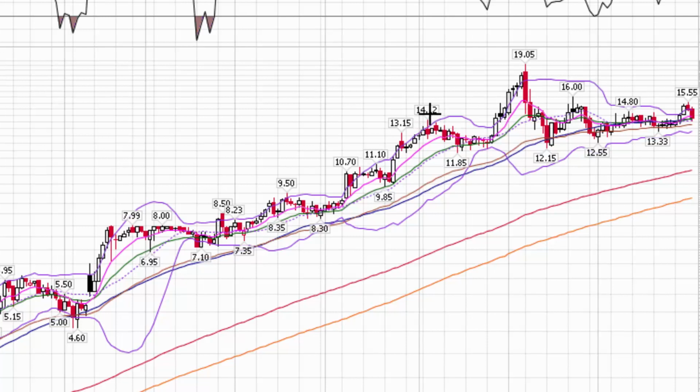The entry point is either breaking of this downtrend here in the flag portion of the pattern. So if you connect the highs from here at 1412 down along the highs through here, and then you see it close above that downtrend resistance, that's a good entry point, and also a move above the highs. And we featured this stock as it was breaking the short-term downtrend in the flag portion of the pattern, and said to enter on a break of the prior day's high